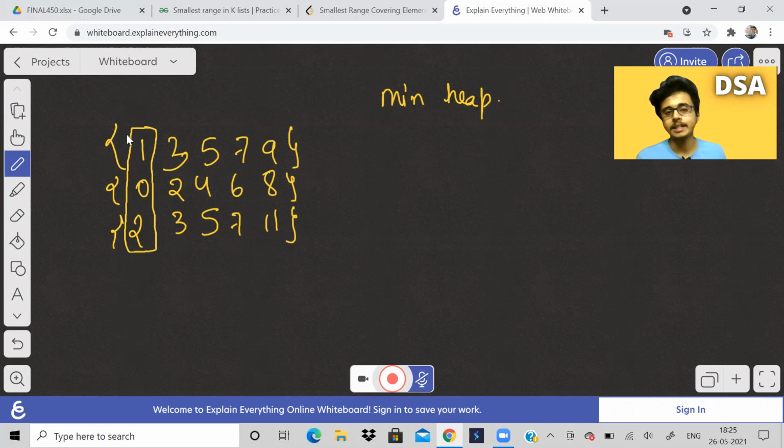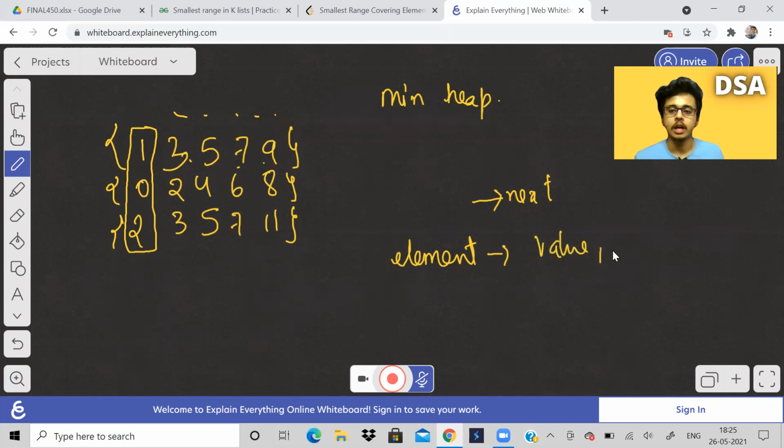But is it sufficient to put all these elements? If it was a linked list, then we would have the next pointer, because we would want to traverse these elements also. How to reach these elements? If you have seen the merge k sorted arrays video, I think it is part 129 of this series, there we took each array value as an element, and the element has the attributes value, index, and row. What are this value, index, and row? Value will be the value of that element.